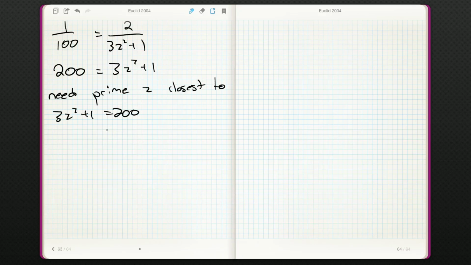So that would be 199 is 3z squared. Roughly divide by, I'm just going to grab my calculator. Just going for it. 199 divided by 3, that's 66. Square rooting that, we're getting z should be basically 8.144. So nearest primes